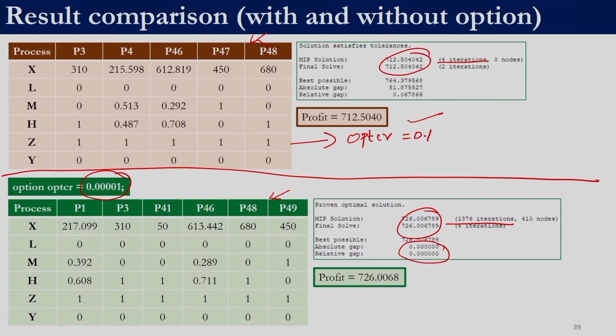So, for example, let us say the unit of profit was millions of dollars, right. Here we get a difference of almost $14 million, right. This part of the discussion, particularly on options, we have intentionally included so that you understand that it is not sufficient to just solve a problem. We also need to ensure that the algorithm has a termination which is satisfactory to us, right.